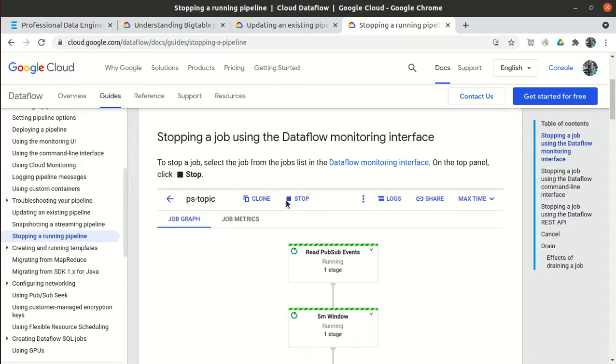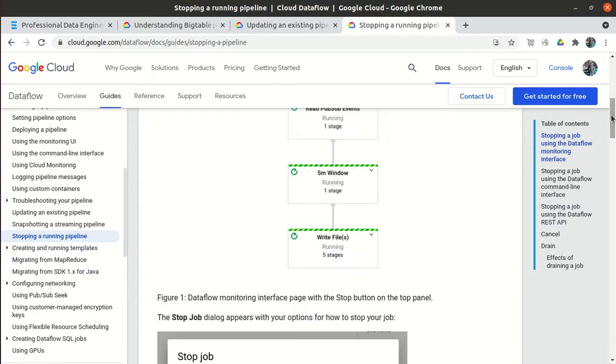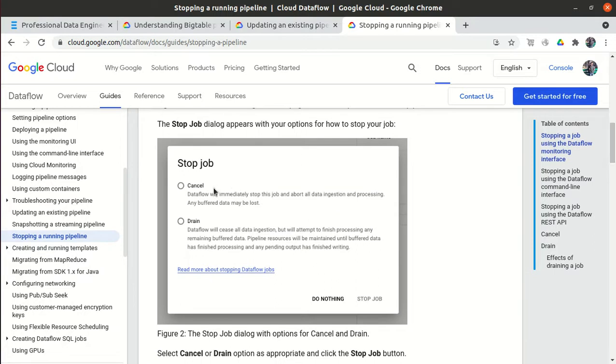If you click on the stop button to stop the pipeline, it will ask two options, whether you want to cancel it or whether you want to drain it. Cancel means it will immediately stop the job, and whatever data is in the buffer state will also get lost.